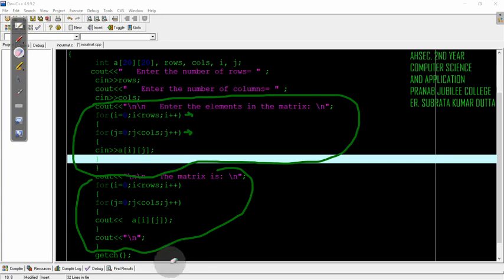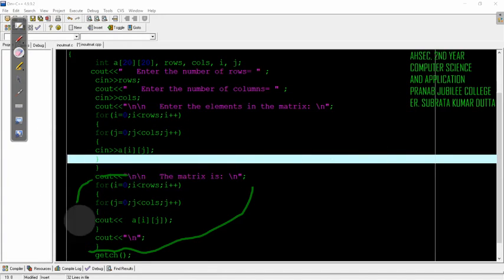So here it is, the input, here it is the output, you can say. So now let's see what happens here. For display, the loop will be the same, because again we have to display the values or elements inside the index. Here I am taking the elements inside the index, I am giving the input, and here I am taking out the elements that are inside the index to be displayed, right?